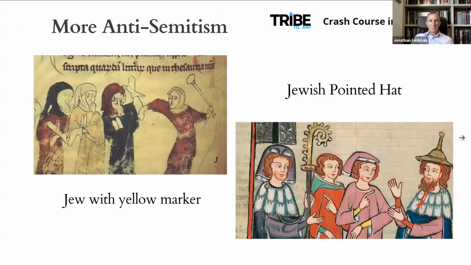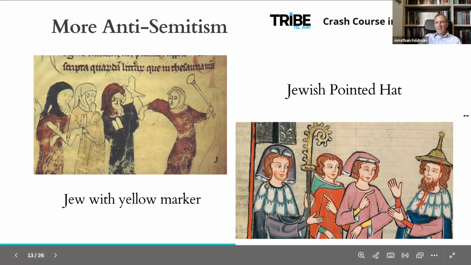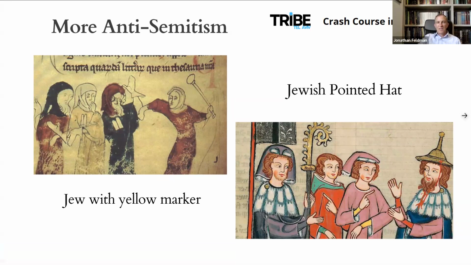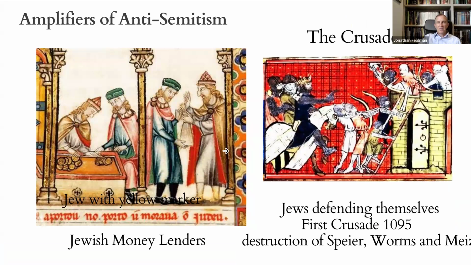And unfortunately, the symbols of anti-Semitism abounded. Here on the left, you see a picture of a Jew being struck, and the yellow emblem on their clothes, here it looks like it's the tablets of the commandments. It's not clear. Later, of course, it became a Jewish star. Jews often had to wear pointed hats, which in some ways were demeaning. I'm not sure what the red on the side of the face is here. Is that blood? It's not clear. But as you see, in the art of the period, you see this depicted. Here you have Jewish moneylenders, which we talked about,